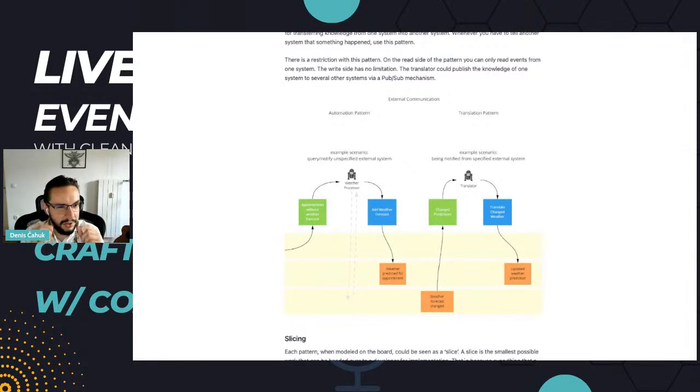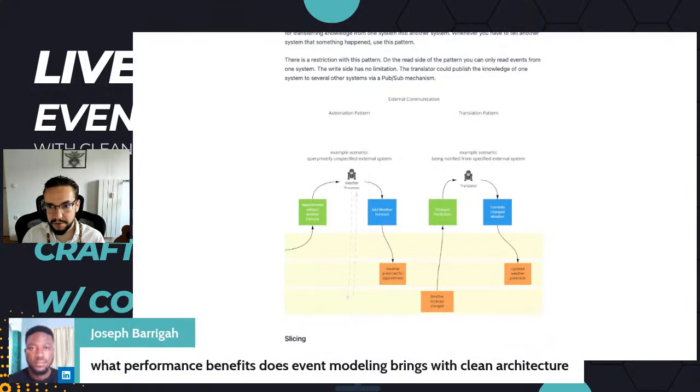And that is usually, with continuous delivery, able to be deployed and isolated, so that you can just fake everything adjacent to it and just deploy that. And that's usually where the performance boost comes. So Joseph asked, what performance benefits does event modeling bring with clean architecture?